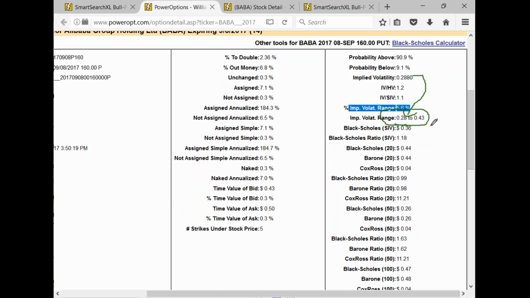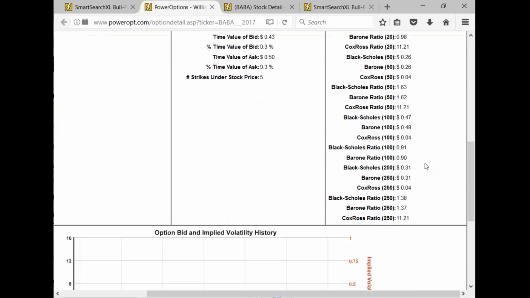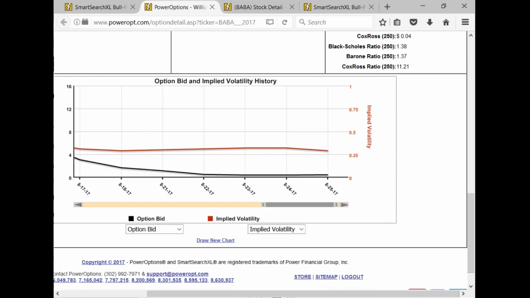And over the life of this option, since it was released on the market, the implied volatility has been from 0.28 to 0.43. So right now at 0.288, it's in the 94th percentile of its implied volatility range. And that's interesting. Even though it's considered overvalued, it's at the lower range of its implied volatility. Okay? And of course, another thing we do at the bottom is you can actually see a chart